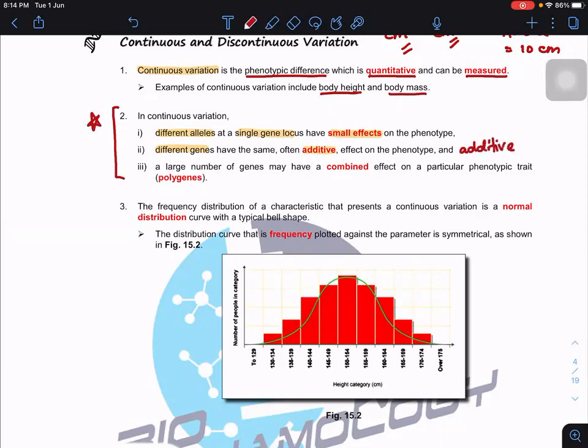I'll show you later what the additive effect is. They involve a large number of genes that combine their effects together. So this one we call polygenic. So three important points here. They involve many genes, and each of them gives us an additive effect, meaning that each adds on some effect until we get that variation. For example,